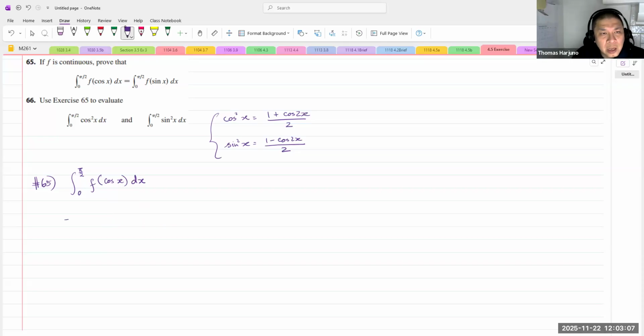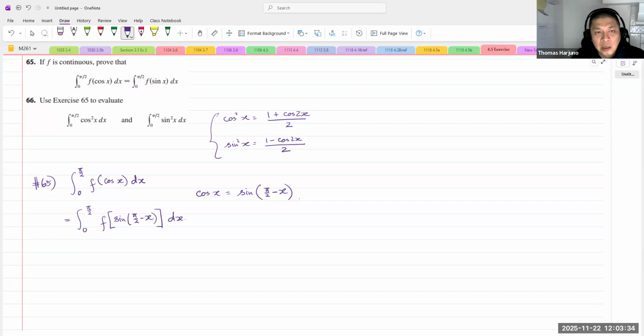I want to say that cosine x is actually the sine of the complementary angle. So this is integral from 0 to pi over 2 of f of sine of (pi over 2 minus x)